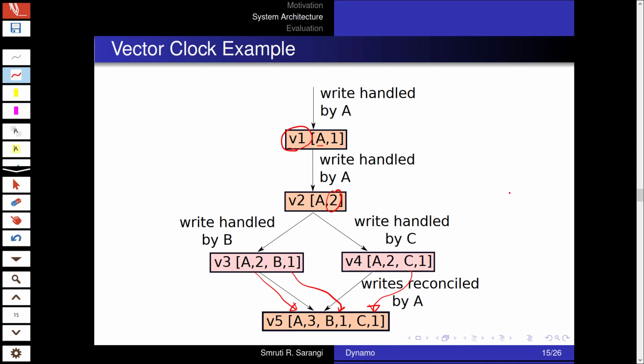So using vector clocks for reconciling conflicting data, for reconciling divergent data, is a common pattern in distributed systems. We will see that it's a recurrent pattern, and almost all such systems use it to varying degrees.